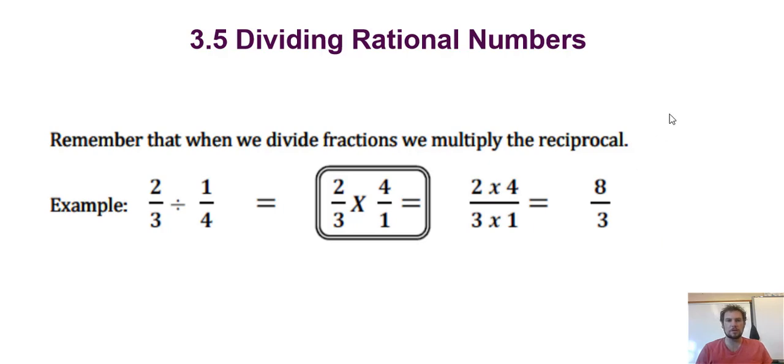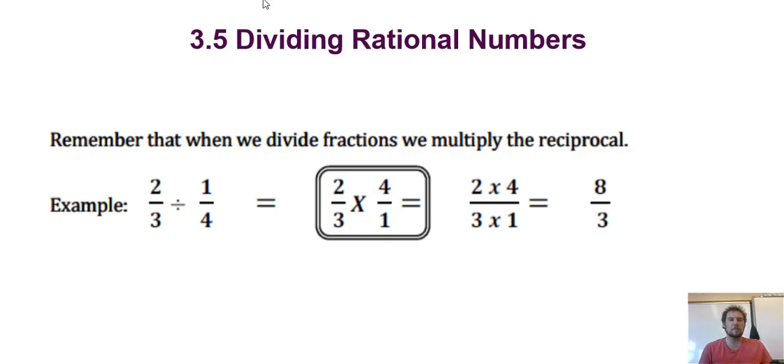So what in the world is a reciprocal? Well, more simply put, the reciprocal is the upside down of the fraction. For example, if I have 2 over 3 divided by 1 over 4, the fraction that is being divided by, we are going to flip upside down. We are going to take the reciprocal and then multiply instead of divide. So if you can multiply rational numbers, you can divide rational numbers, right? So 2 over 3 divided by 1 over 4 is the same thing as 2 over 3 times 4 over